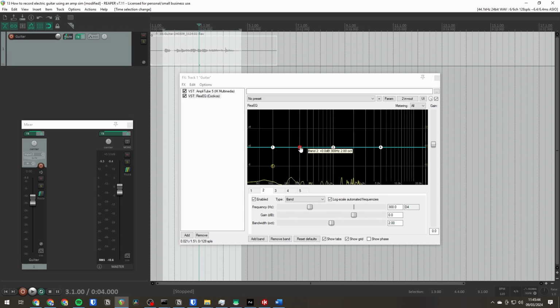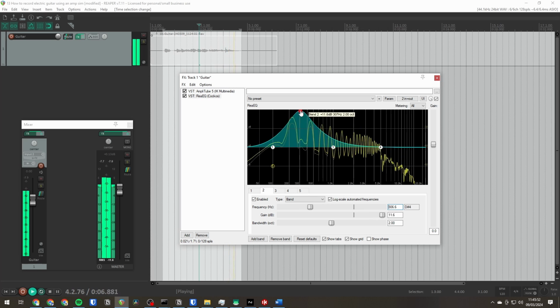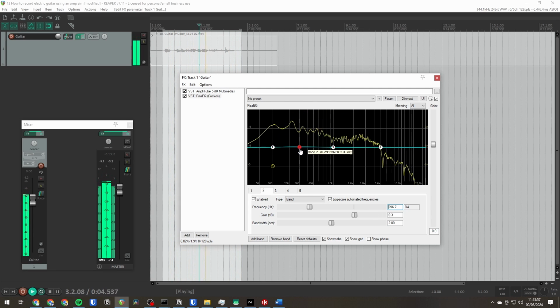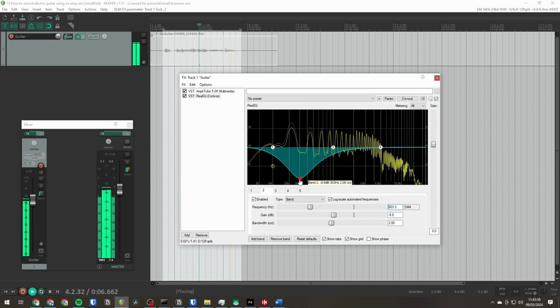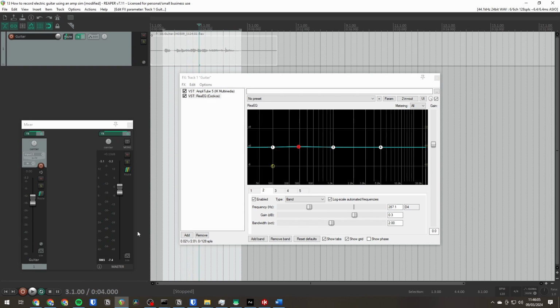So I'll play this and then I'll move the EQ up and down to show you the effect it's having. So there you could hear I was drastically boosting and then drastically cutting that sort of 300 hertz area in